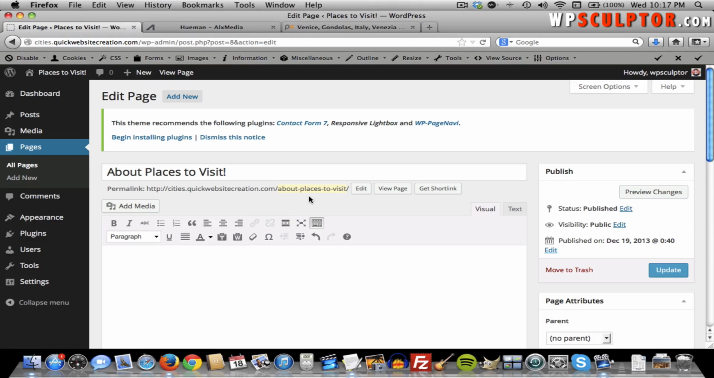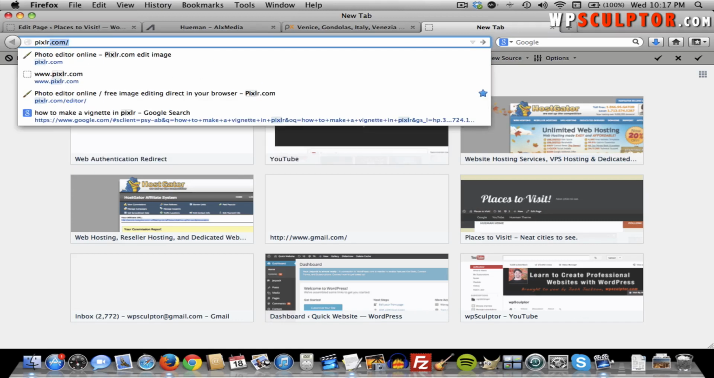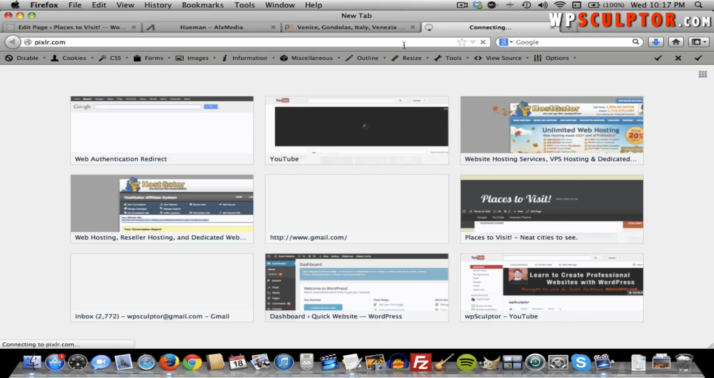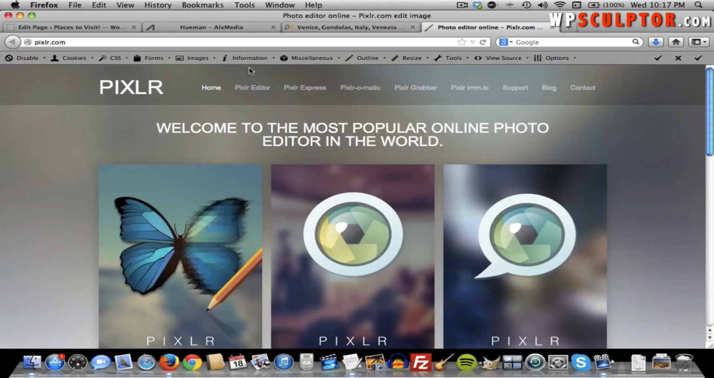So for resizing images, I am going to open up in a new tab a tool called Pixlr.com. This is a wonderful free photo editing application that's online. You don't have to download any software. It works just on the internet. Click on Pixlr Editor,